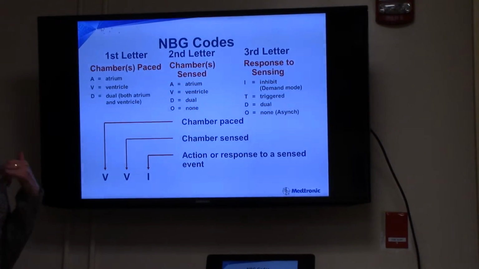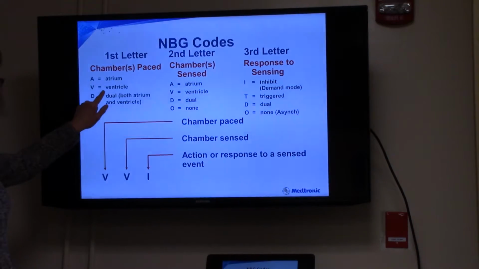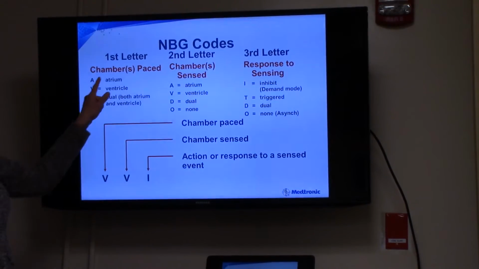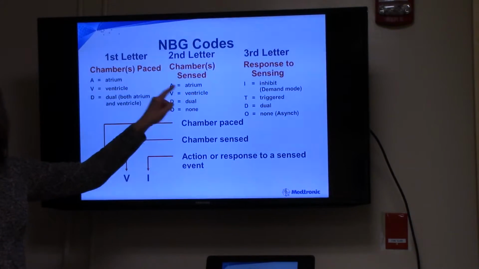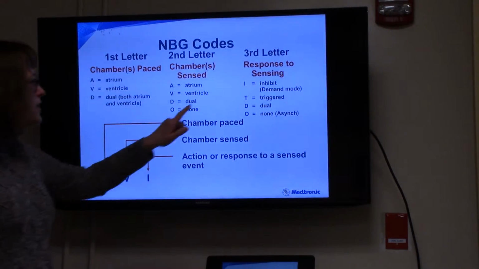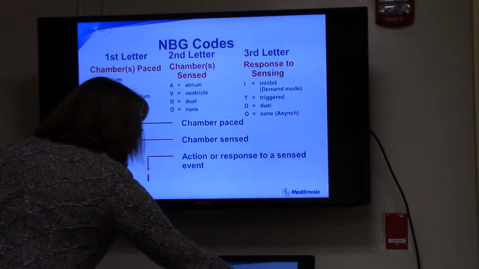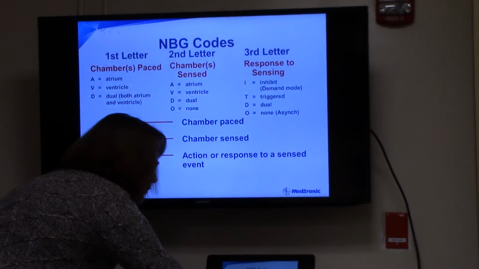So you'll hear things like VVI, VDD, and what does that mean? So the first letter is which chamber is being paced. So you're going to see VVI with your TAVR patients. So it's going to be pacing in the ventricle, and it's going to be sensing in the ventricle. And how I remember which letter is which is P comes before S alphabetically. So that's how I remember that the first one is paced and the second one is sensed. And then I, which is inhibit. So the last letter is what does it do in response to when it sees the patient's own